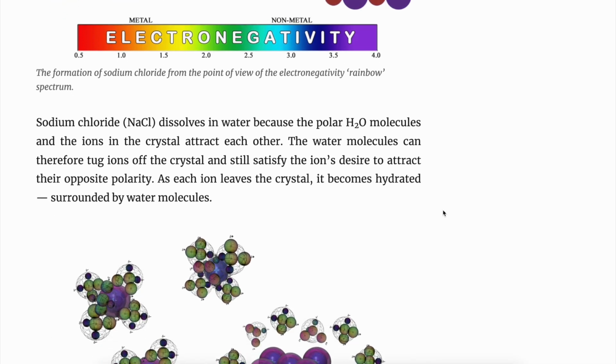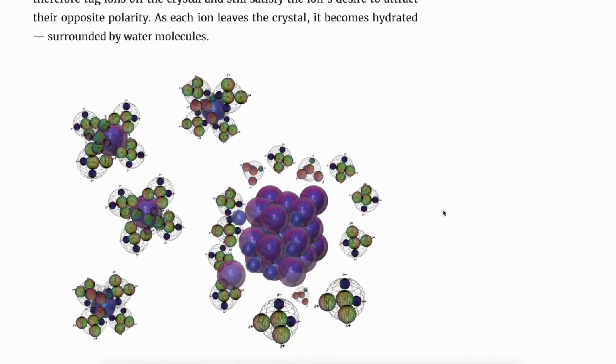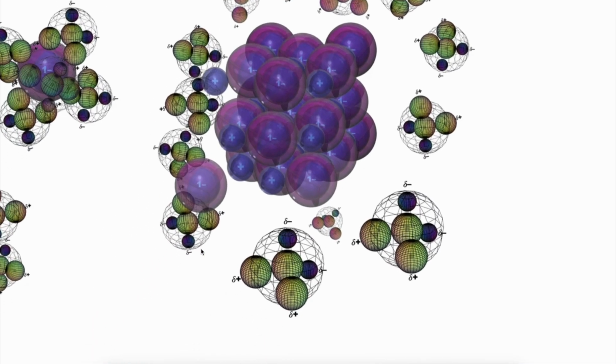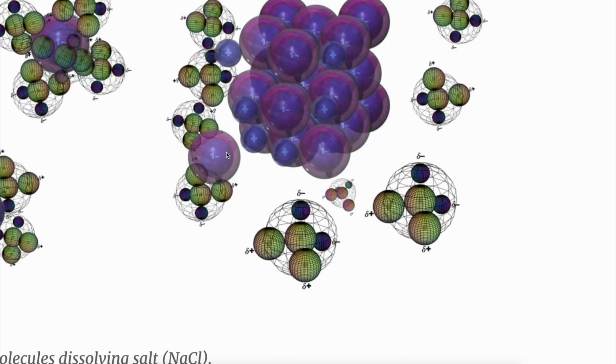Now, what happens when you dissolve this crystal in water? If I place this crystal surrounded by water molecules that are polar and have a distinct negative and positive side, the clustering of those water molecules will be tugging at the charges, trying to compete with the attraction within the crystal. And if they succeed in tugging one off, this negative ion will be pulled off. It will automatically become surrounded by the positive end of all of these water molecules that will cluster around it,